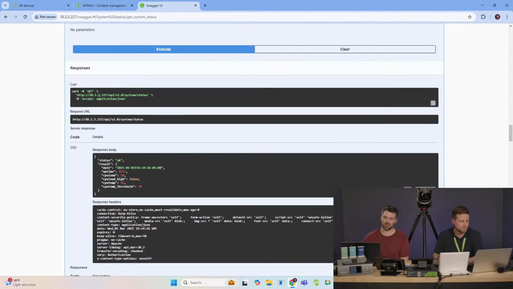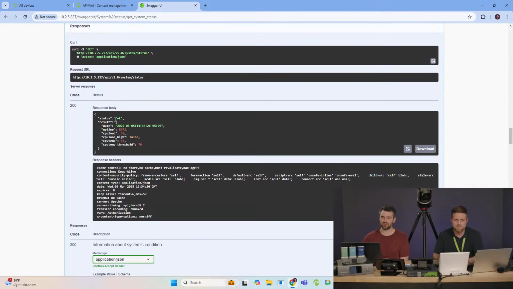Now this is the payload, and you use the get command, and then we can see the status and the response that it gives back to you. Then you could take this and parse it any way you'd like, and display that on any control system you'd like using this data. That's super cool. We're going to get into this a little more now, so I want to keep moving, but thanks for the question, Bjark. That was a good question.